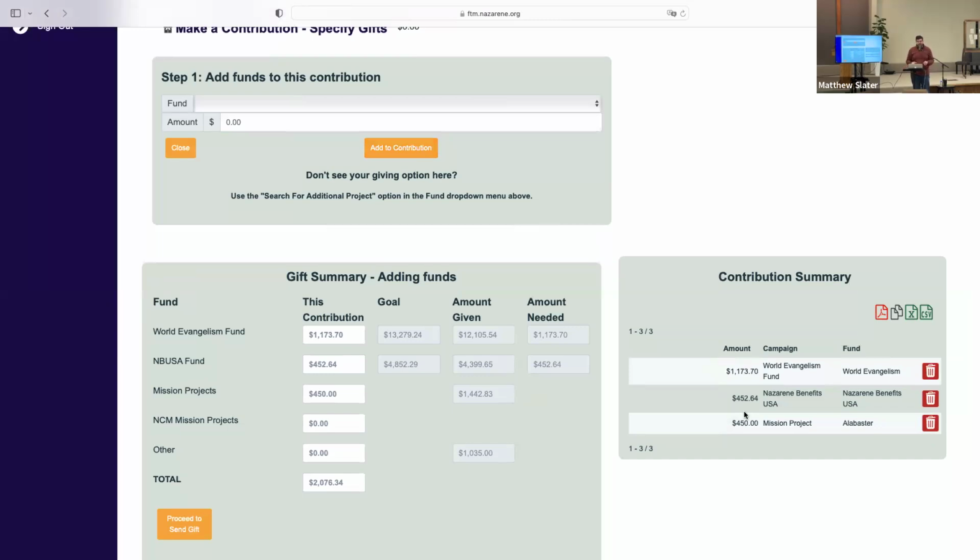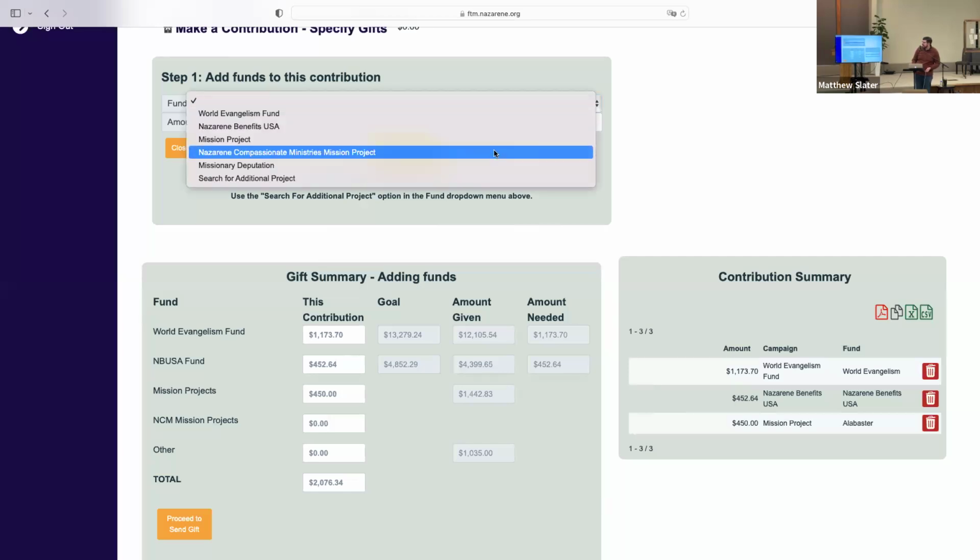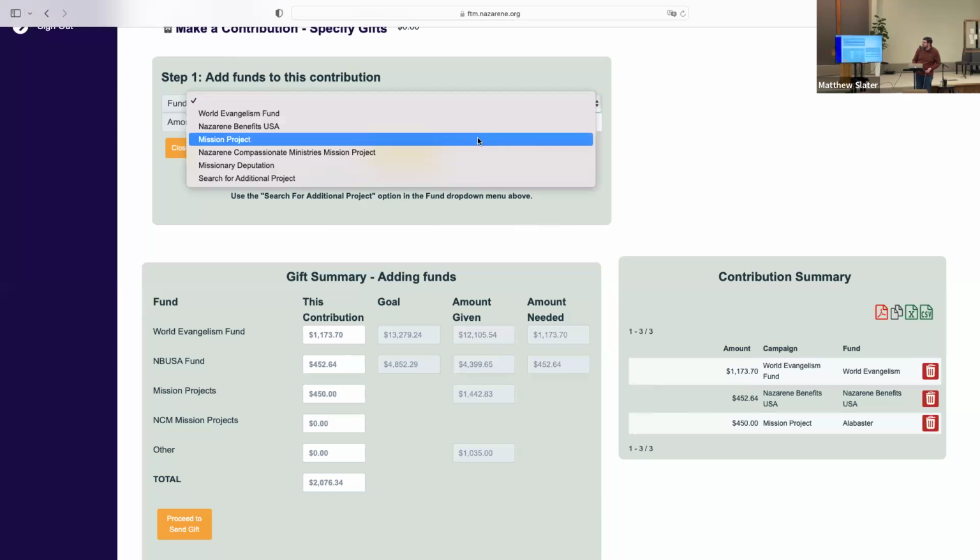No longer do you need to have one of those very awkward moments where the missionaries are like, you shouldn't give me this money, send it to Kansas City. This is where you can do it, right from the get-go here. And again, there's a number of mission projects here. Compassion Ministries mission project, deputation,